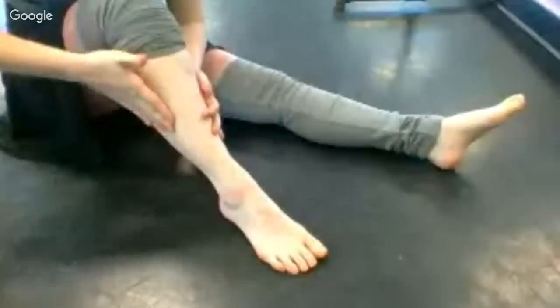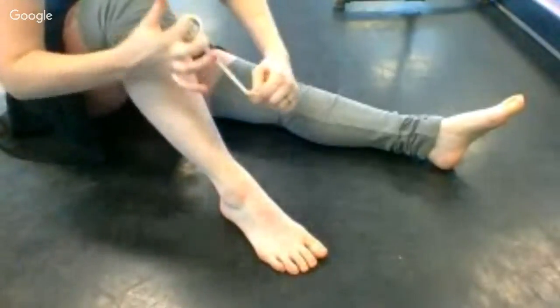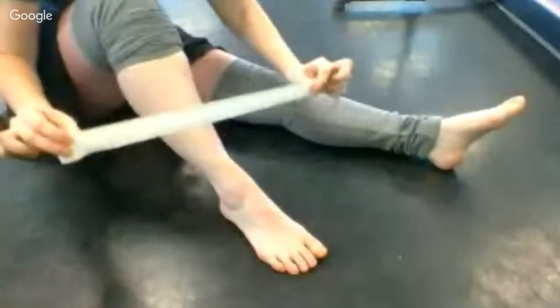Okay, and so the first thing, once you figure out what is injured, and like I said, most of the time it's the foot bladder or it's the fibularis brevis. I just call it a foot bladder. It's what I learned, and that's what it's going to be called. Is you take cloth tape. Now, this tape is just